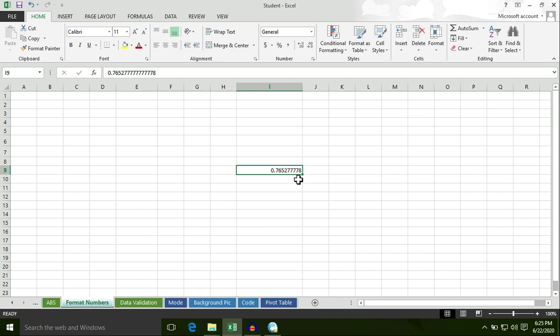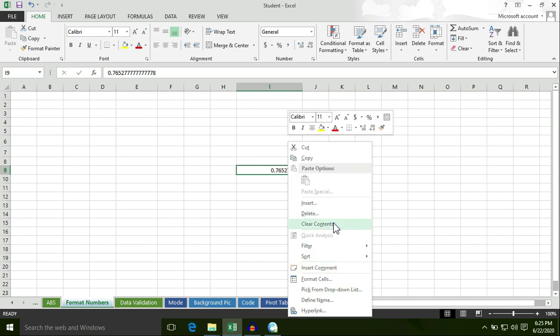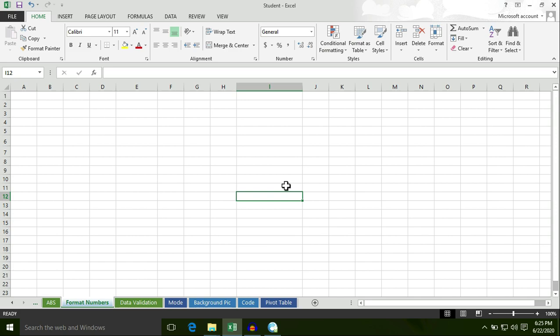So we can apply different number formats in MS Excel, and it's very useful whenever we make data. These formats are very useful and will be used in the future. They are very important formats. We often use these formats whenever we make some data.